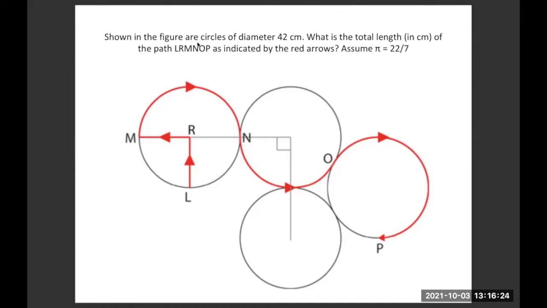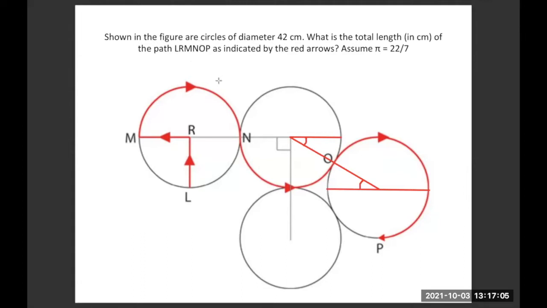Let me just draw one thing and then it becomes clear for you. I'm asking you the formula. I'm not asking for the answer. Please remember that. I'm asking for the formula. Length of a sector का formula क्या होता है? और ये डिग्री कितना होता है वो बताओ. How much is this degree and how much is this degree?